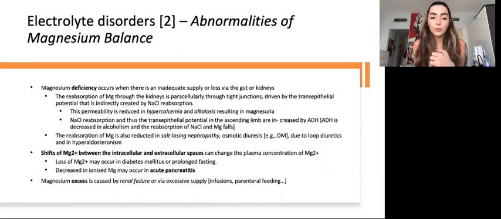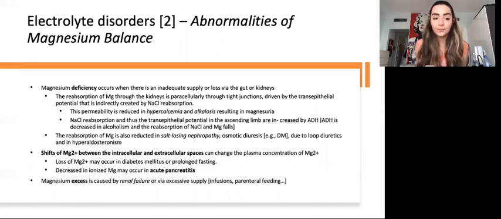The sodium chloride absorption and thus the transepithelial potential are increased by ADH. However, ADH is decreased in alcoholism, and therefore in alcoholics, the resorption of sodium chloride and magnesium falls. And the reabsorption of magnesium is also reduced in salt-losing nephropathy, osmotic diuresis, such as occurs in diabetics, or due to loop diuretics and hyperaldosteronism. Hyperaldosteronism, it's probably via the volume expansion, which reduces the sodium and magnesium resorption in the proximal tubules and